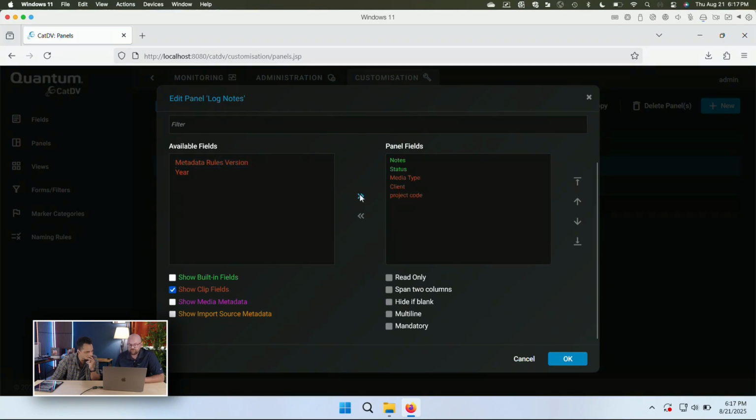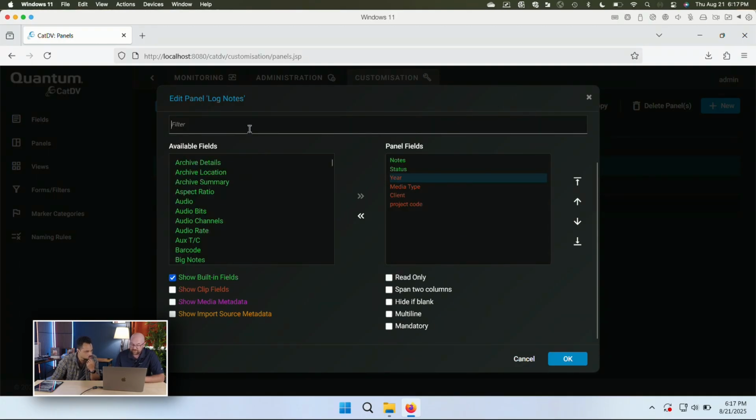This metadata rules version, that's one that we add that kind of makes the whole workflow work. But I'm going to add those other 4. And you can see you can rearrange them, put them in anything you want. Maybe we want to add some extra built-in fields. I always like to have the name front and center because I build a lot of information into my file name and I want to see that file name. So I like to add the name and kind of start that at the top. So that kind of gives you some of that information.